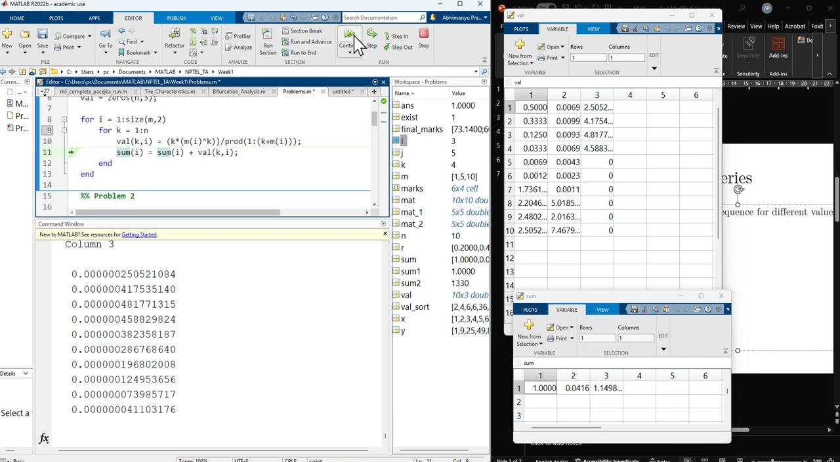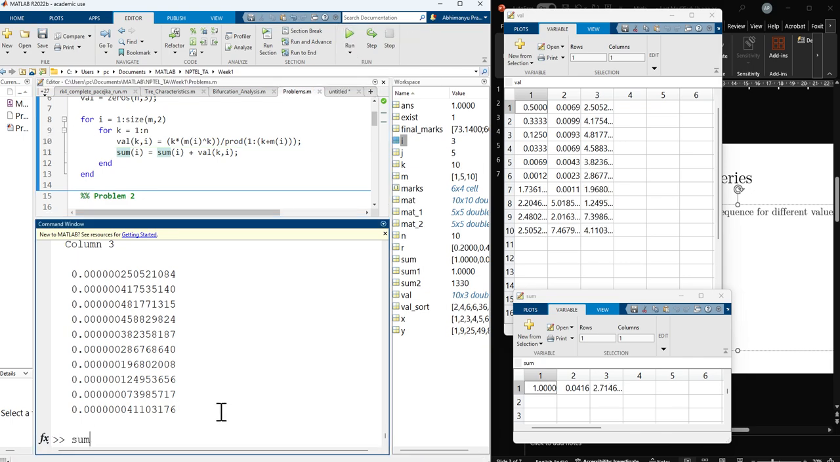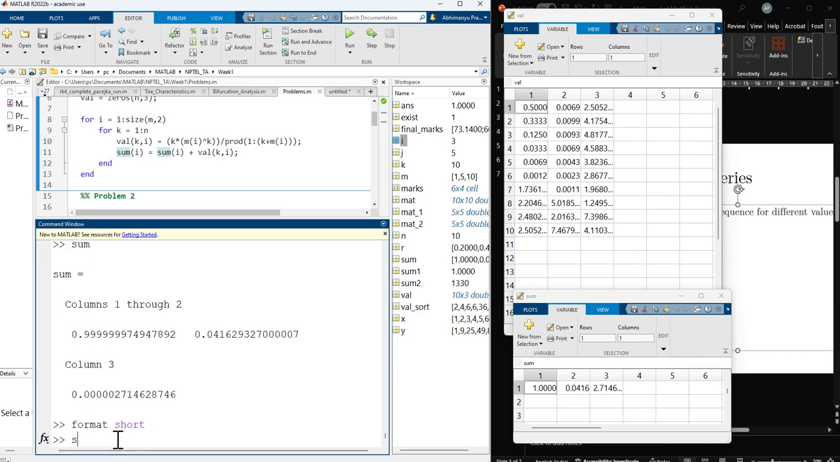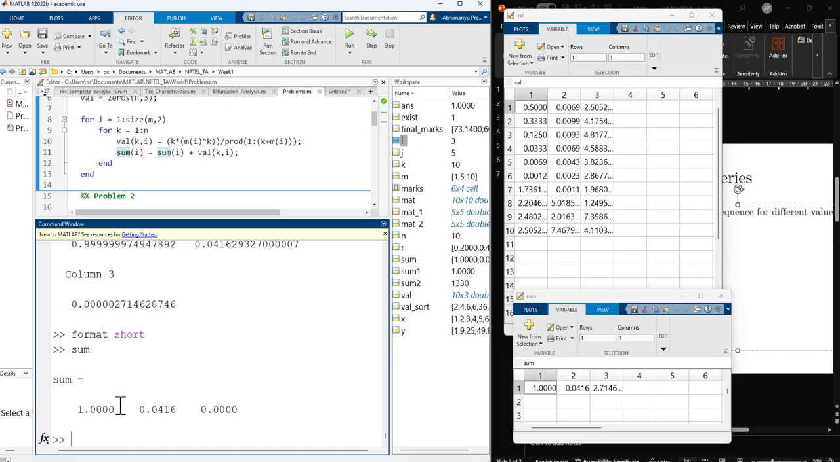Fine. Now if I check the value of sum, let me take format short sum. So for m is equal to 1, it's 1. For m is equal to 5, 0.416, and for m is equal to 10, it's close to 0, not exactly 0. Furthermore, I can plot this. So if I run plot,